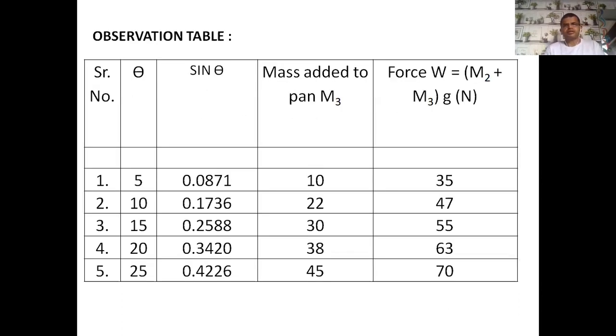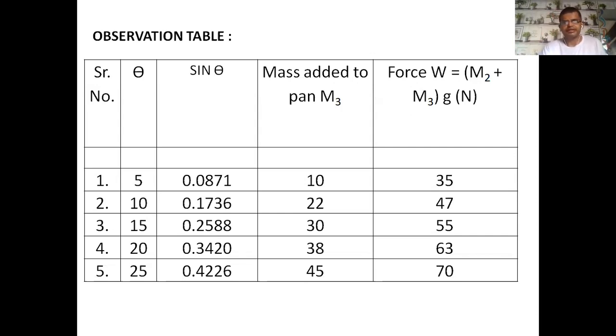So now today the table, a simple table, only 4 columns. First one is theta. It is a given value. In the exam time I provide you the angles. Today we are using 5 angles, like 5, 10, 15, 20 and 25. Otherwise you can use 10, 20, 30, 40, 50 as per your convenience. But in our setup the maximum is 45 degrees, so 10, 20, 30 is not possible. So definitely we are using 5, 10, 15, 20 and 25.